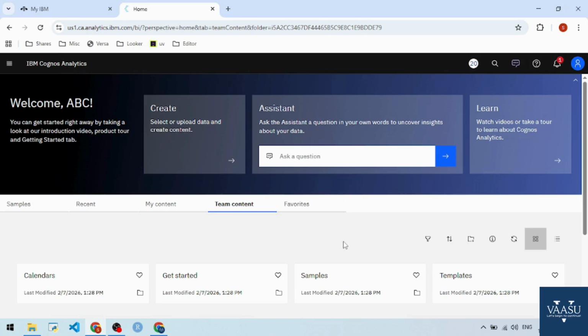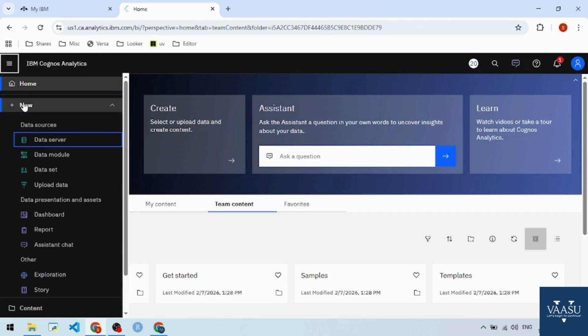Hello everyone. So now we are going to see how we are going to create filters, or how we are going to use filters in our IBM Cognos reporting. So we are on the home page of IBM Cognos Analytics. We'll create a new report from the left hand side menu. Select on new, go to report,